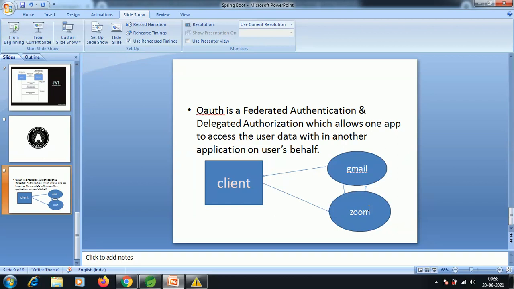Zoom will get the required data, not the complete data, only the authorized data, from Gmail when these two communicate. This process of logging in and getting authorized, this entire workflow, is called OAuth.